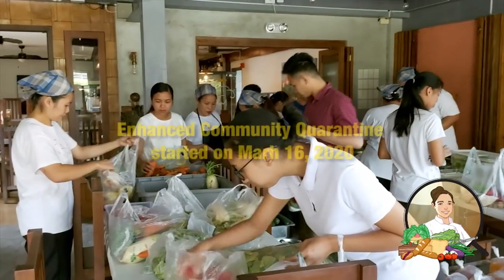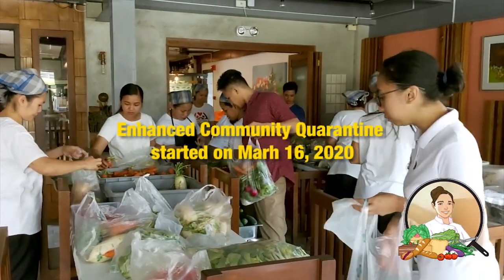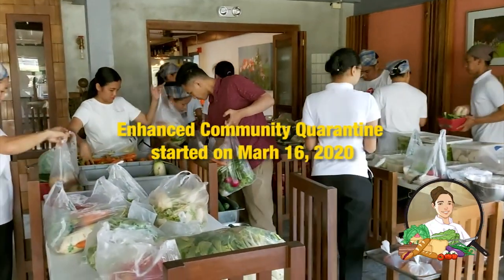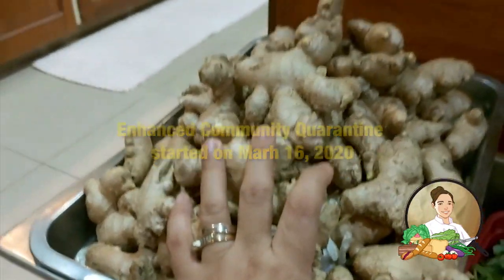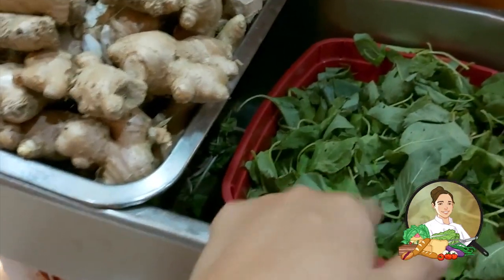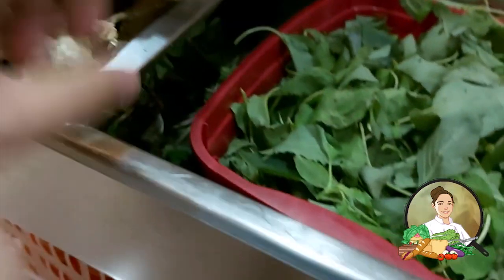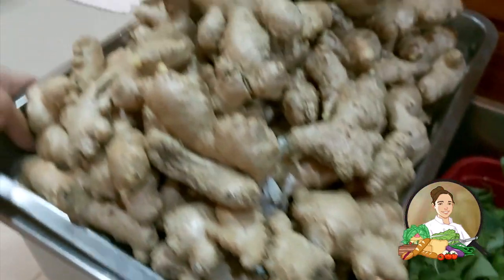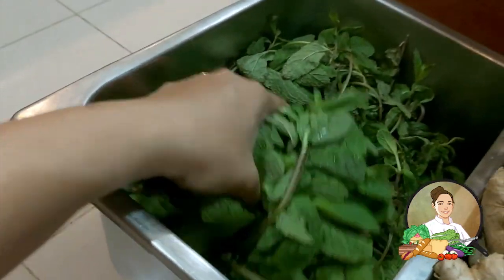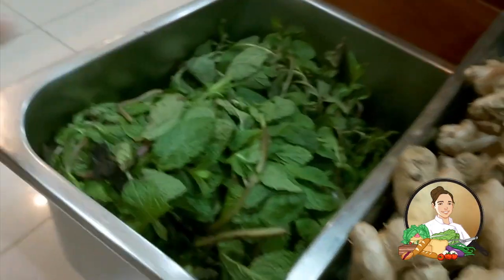Though we don't have work today in the restaurant, I came to see my staff and all the things that might spoil or might go bad, especially the vegetables that will perish. First, I have to bring home this really big bunch of ginger and some spinach. And I don't know if I can do this, lifting it with one hand. I have a whole bunch of mint and a crate full of tomatoes